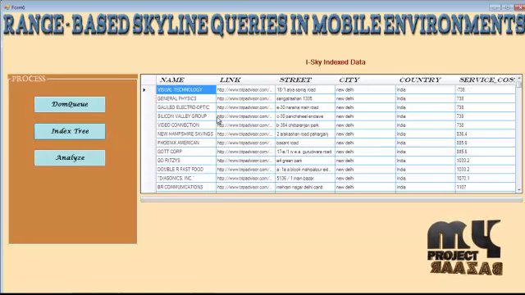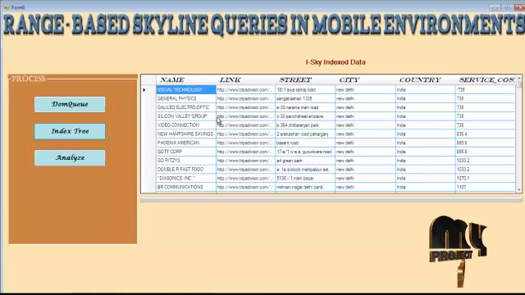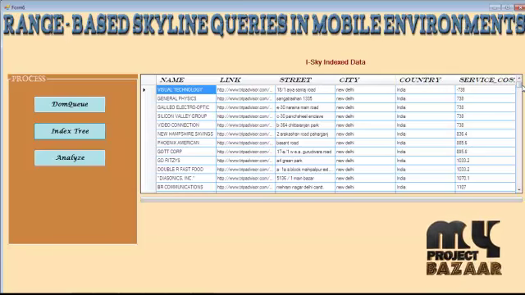We can sort out those records by means of the service cost. That is, for the user content, the index tree is constructed based on the service cost. That is, the topmost record will be the information of the hotel which has the least service cost. Then we have to analyze whether the user given information lies in the iSky model or